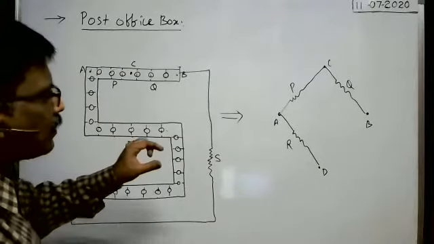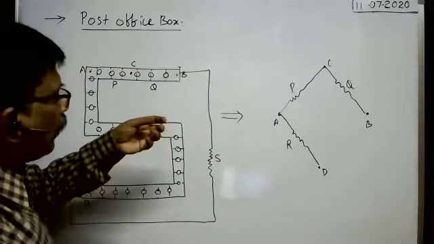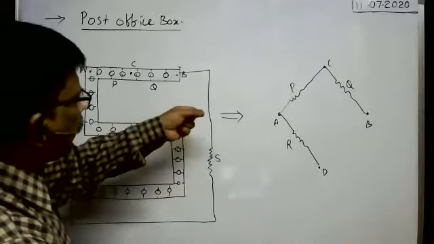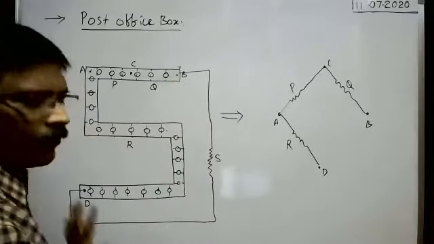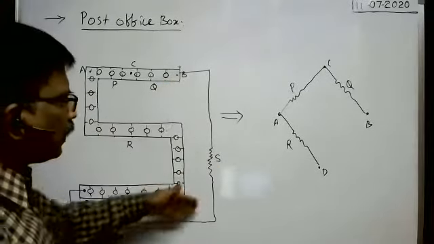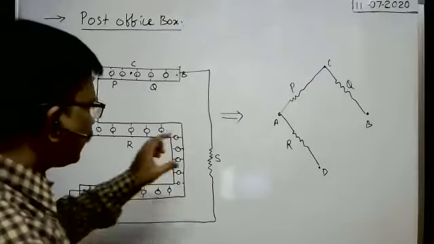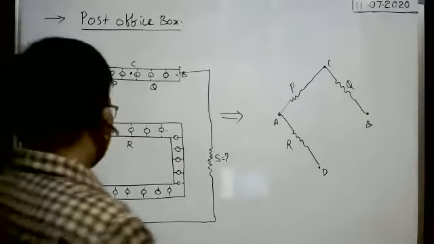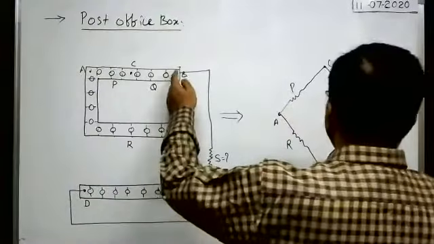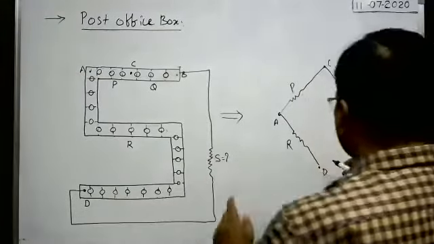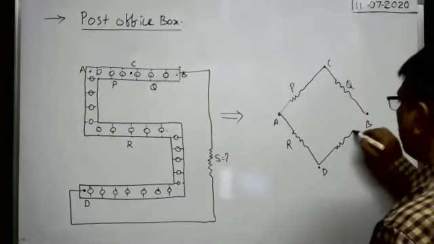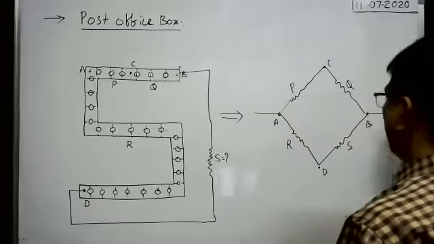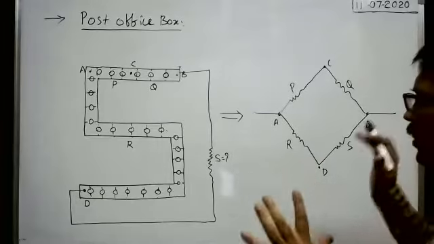Suppose you want to find the resistance offered by the telephonic wire. The two ends of the telephonic wire must be connected between this point and this point. Then that gives the resistance offered by the telephonic wire. So this is the resistance to be measured. Between B and D, the resistance which is to be measured is connected. Across A and B, it is just like a Wheatstone bridge circuit.